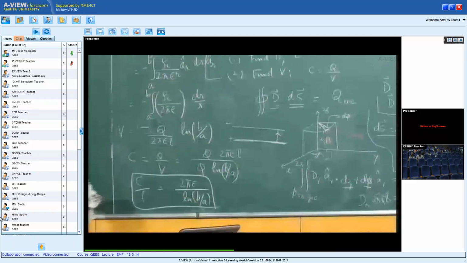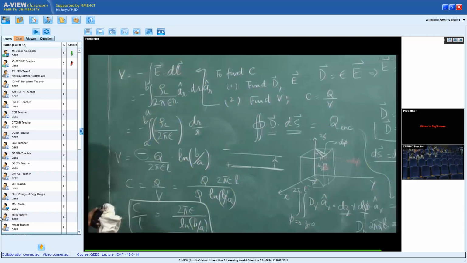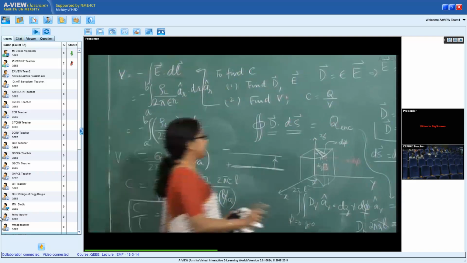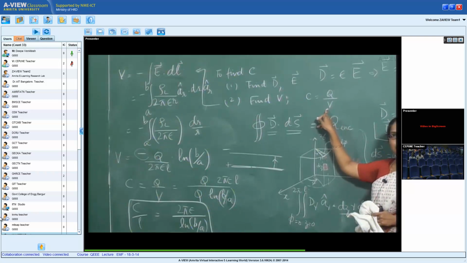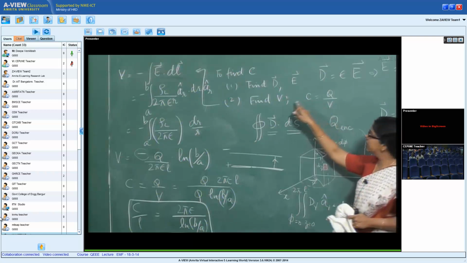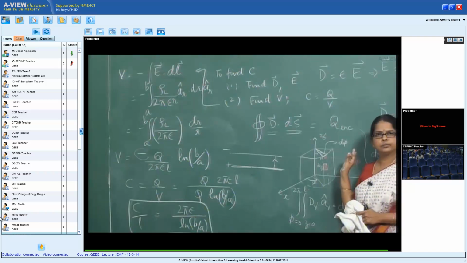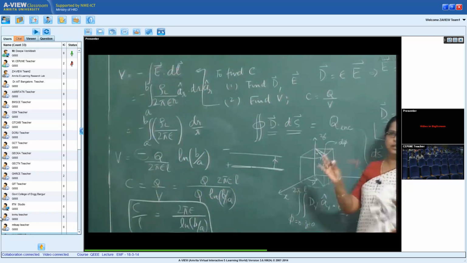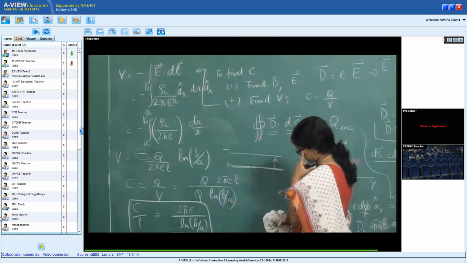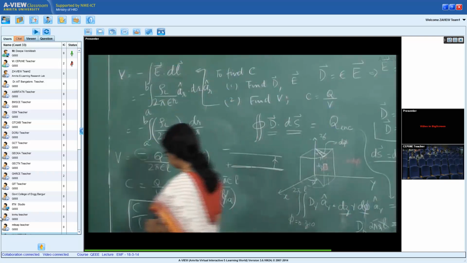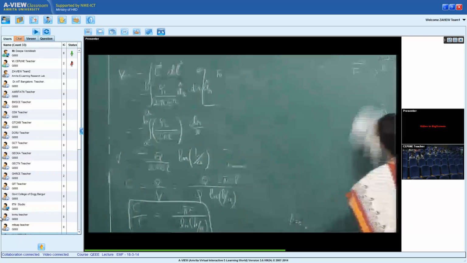So this is how we would use the Gauss law that we learned to find the capacitance per unit length of a transmission line. The strategy was simple. To be able to use Q over V, you wanted to find potential. To find potential, you wanted to find field, so you found the flux, and Gauss law is helping you to find the flux. You could repeat this calculation for any kind of transmission line. Alright. So since we have done this, we have used this to find the capacitance per unit length of the transmission line. What we could do next is to move on